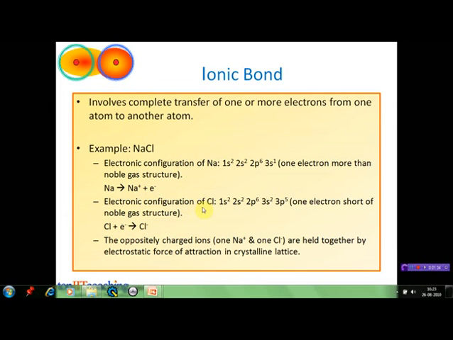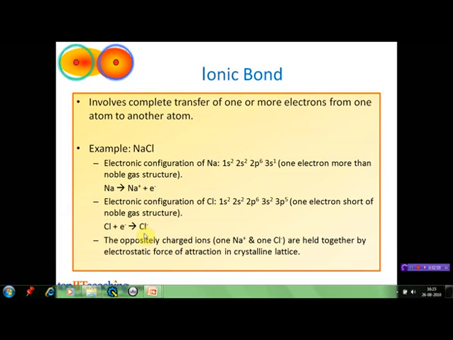Now let's come to chlorine atom. The electronic configuration of chlorine is 1s2, 2s2, 2p6, 3s2, 3p5. This is only one electron short of noble gas configuration of argon, which is 1s2, 2s2, 2p6, 3s2, 3p6. So when chlorine reacts, it tends to gain one electron in order to attain noble gas structure. So as we can see in the equation, Cl, that is chlorine atom, plus an electron will give Cl minus,